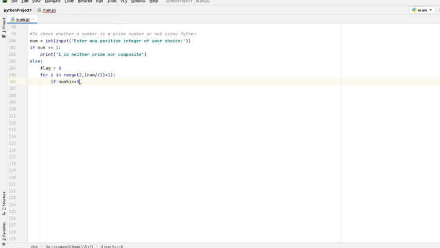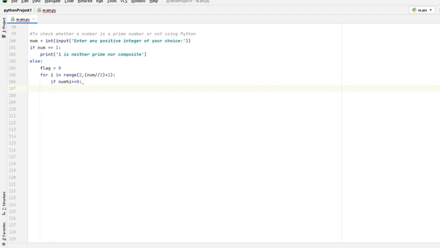What does modulus do? It gives you the remainder on dividing two numbers. If num modulus i equals 0, then what can we say? We can say that the number is divisible by a number in this range, 2 to num double divide by 2 plus 1.